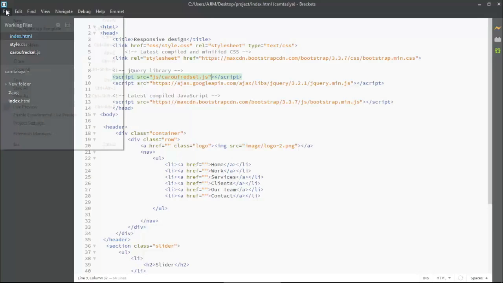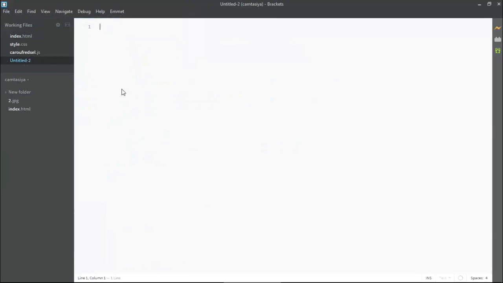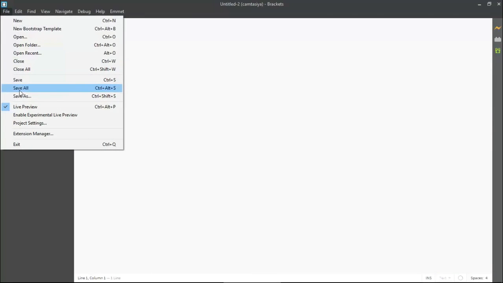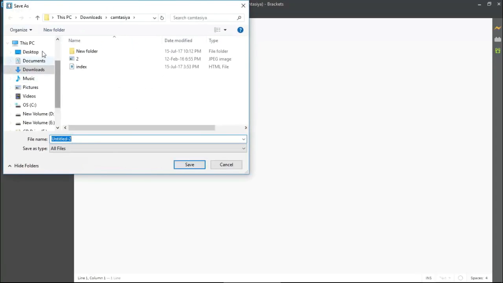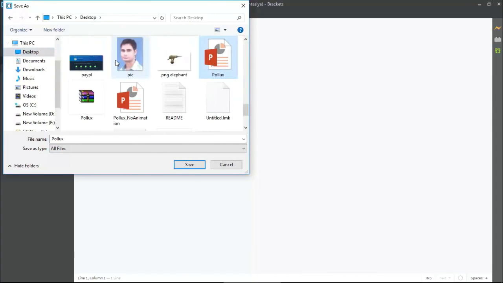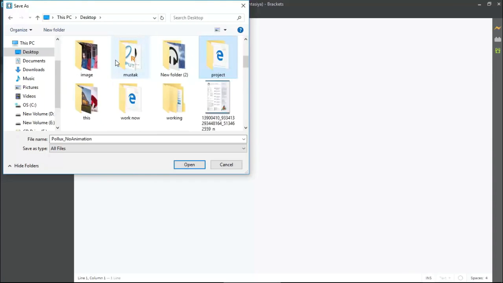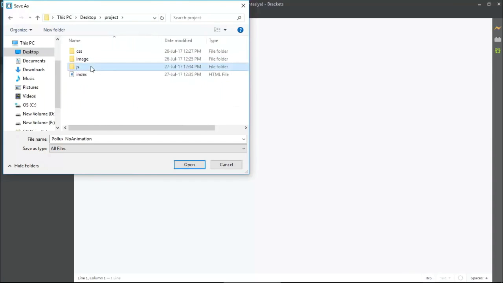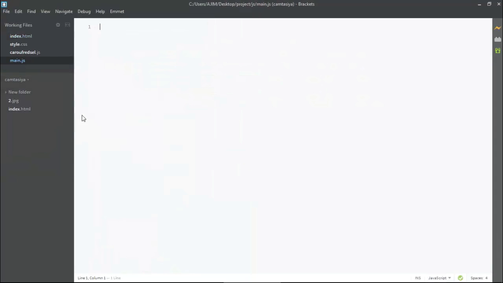Simply I'll be coming to the file, okay, and clicking on New. You can see we are getting an empty document here. Now we have to save it as main.js. So I'm going to File and clicking on Save. Again I am locating my folder, so my folder is available on the desktop by the name project. I'm coming to the JS folder, because this is a JS file. So again I'm coming here and giving a name to it like main.js. You can put any name whatever you prefer, but for now I'm giving a simple name like main.js. Now I'm saving it. So it's been saved.